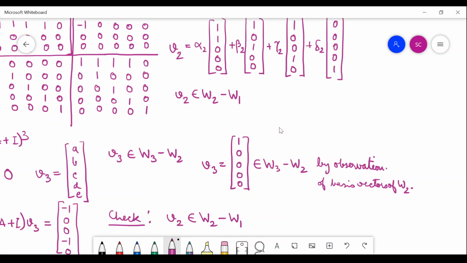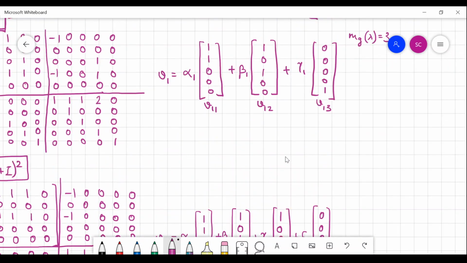So I have not actually assigned any names here. I should have V21, V22, V23 and V24. So your V2 that you have found out is basically minus V23. So your alpha 2, beta 2, delta 2 is 0, but gamma 2 is -1. So it is in W2. But looking at W1, the basis vectors of W1,